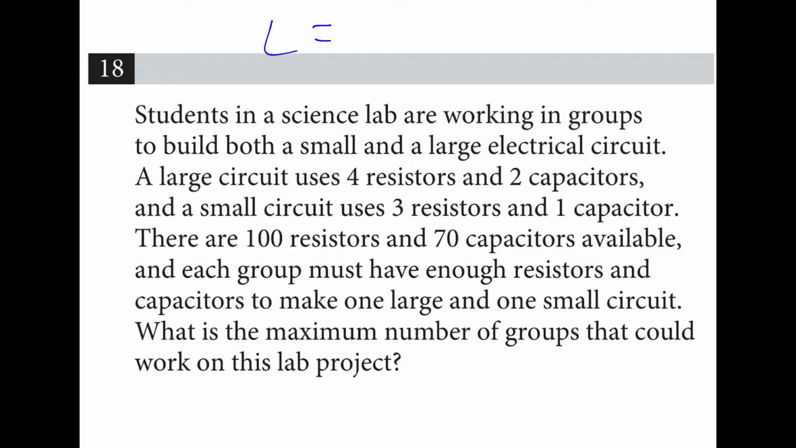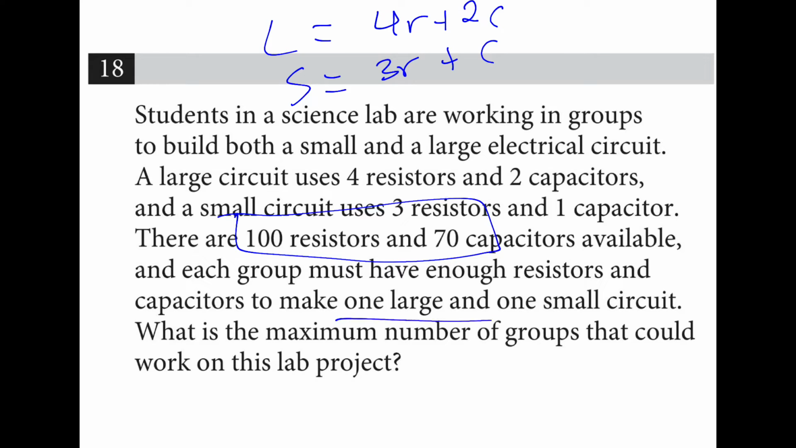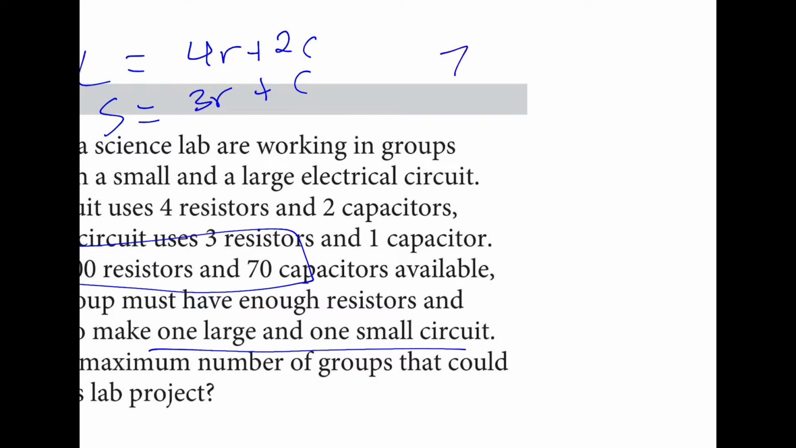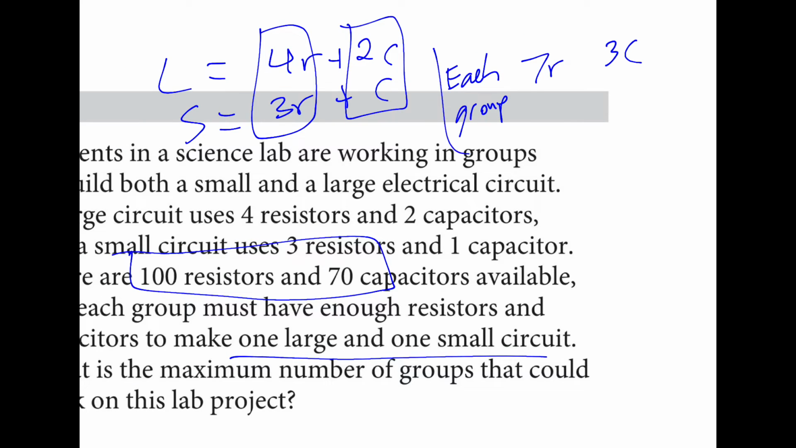So large has 4R plus 2C. Small has 3R plus C. There exists 100 resistors and 70 capacitors. Each group has to have enough to make one large and one small for sure. So in other words, each group has to have 7R and 3C. I'm just adding together the columns. So that's each group has this, and then supply